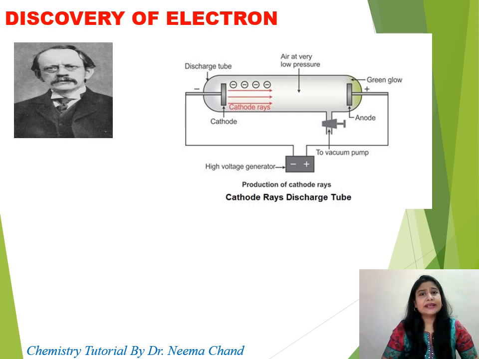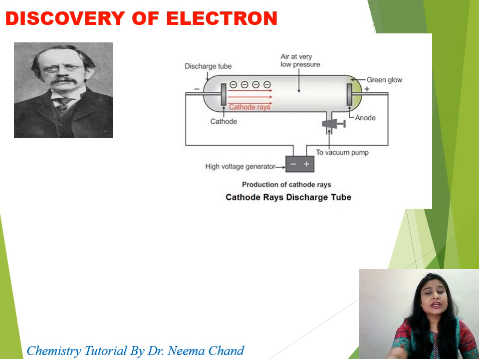When he applied a high voltage of around 1000 volts, Thomson observed that a beam of rays was passing from the cathode and moving towards the anode. He called these rays cathode rays, and Thomson started studying the properties of these rays by deflecting them in electric